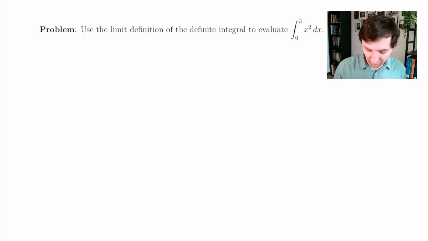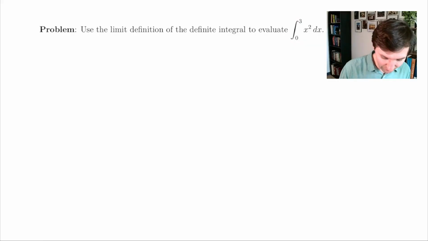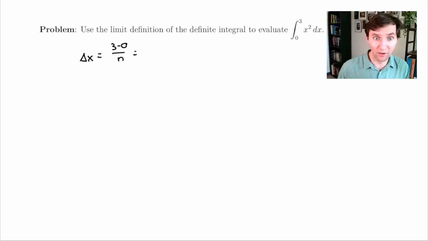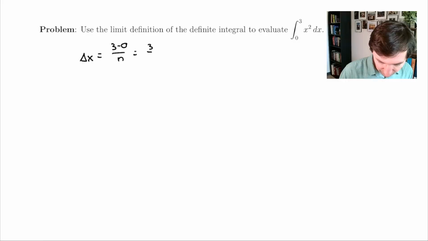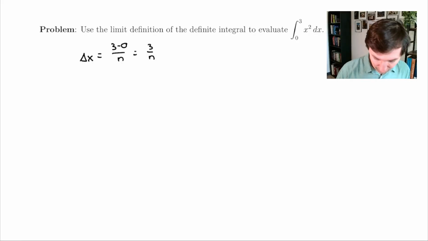This time we are given the function x squared. The interval is still from 0 to 3. This means that the length of each subinterval, delta x, will be 3 minus 0 divided by n. Just like before, the length of each subinterval is 3 divided by n. Just like before, we are also allowed to choose any sample point in each subinterval we wish. I will again use the endpoint of each subinterval, which means that xi star will be given by i times